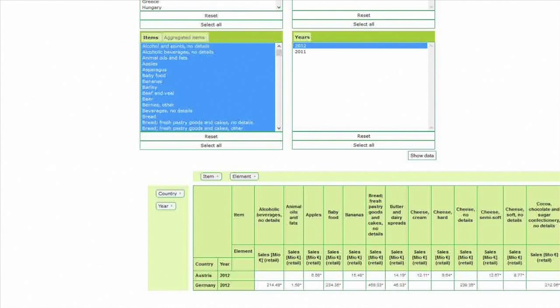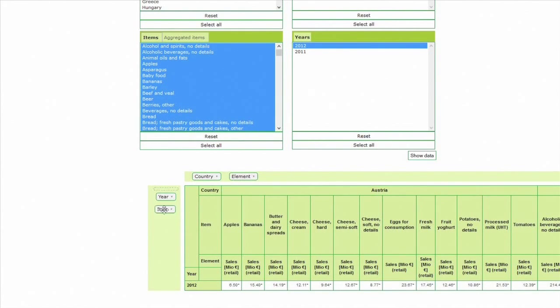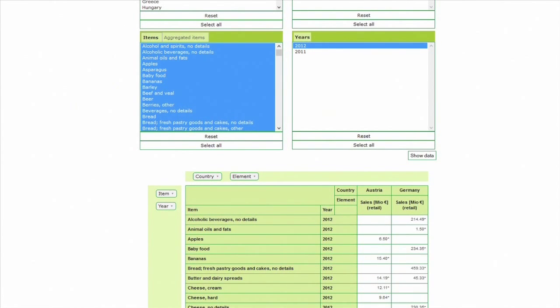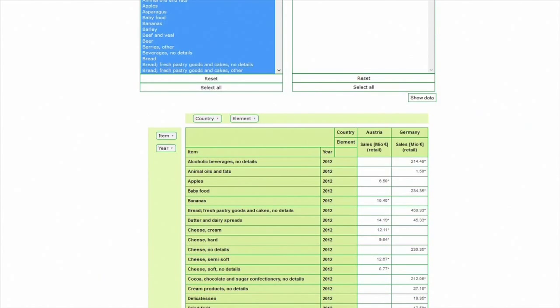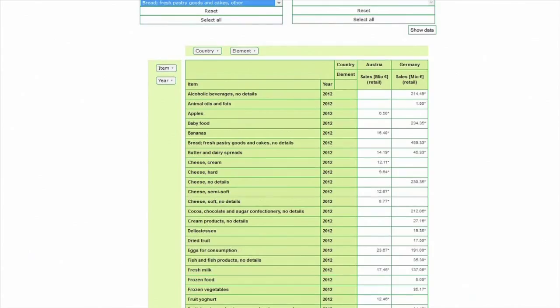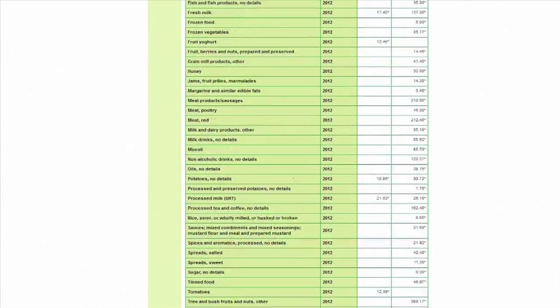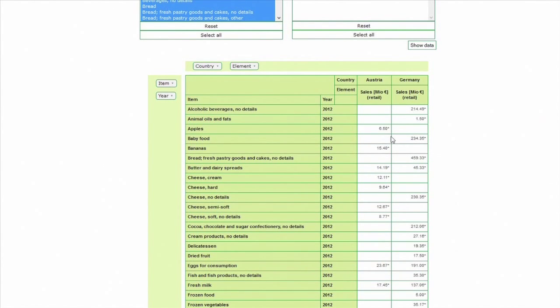If you scroll down, we have them here. This is not so comfortable to look at, but we can shift things around. We can have the country here and the indicator like this, and there we can see the sales values for these countries for 2012 for the selected products. Now you might notice that we have little stars almost beside each figure, and this means that we are providing an explanation to this figure. And for the Austrian and German figures, the explanation is mostly that these data are not complete and that there's a certain coverage gap for the total market as well as for the products.